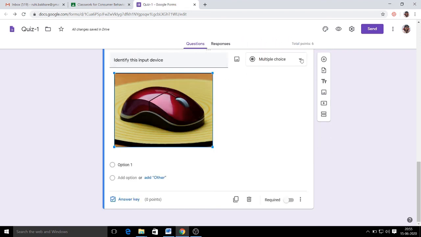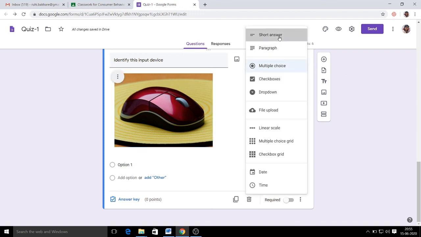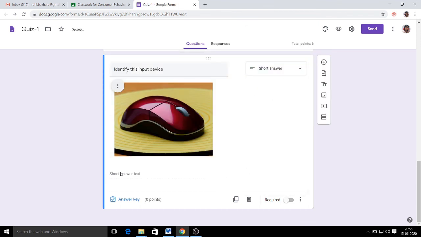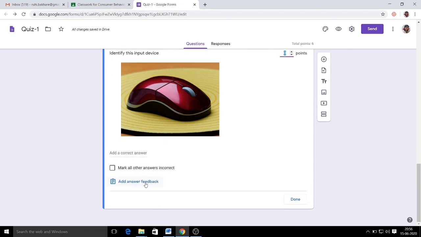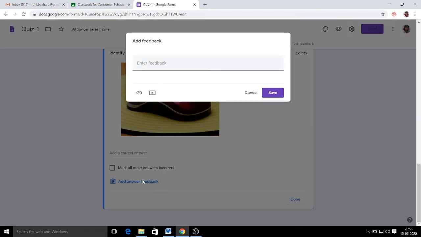Since it is a multiple choice question, I need to give choices, or in case I want to have a short answer question for this, I have given an option of short answer. Again, I want to make it a compulsory question. I want to give the correct answer as well. Answer feedback, correct answer.